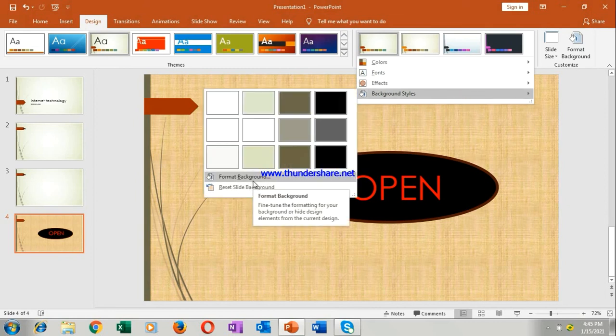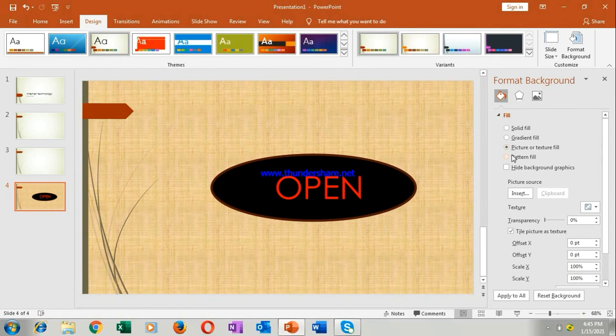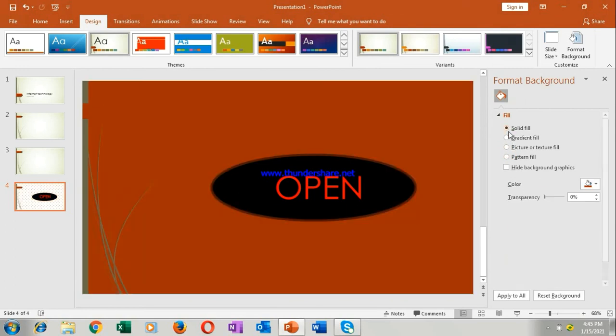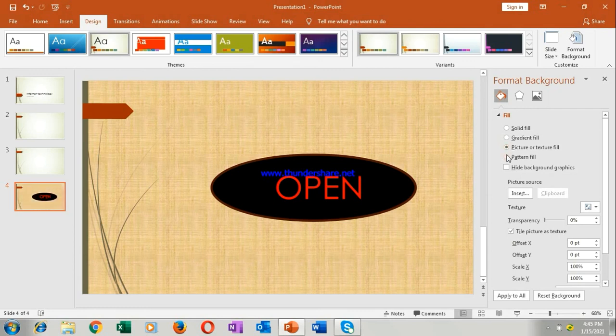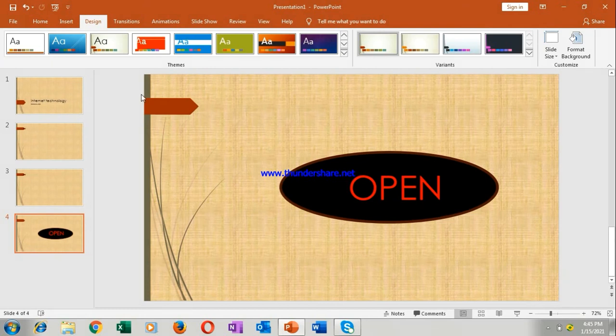In this format background you can select the pattern style: solid, picture, gradient, picture or texture, and pattern fill, whatever you want. But now I am applying this picture to apply to all. So done. So this is the way to change the background of the slide.